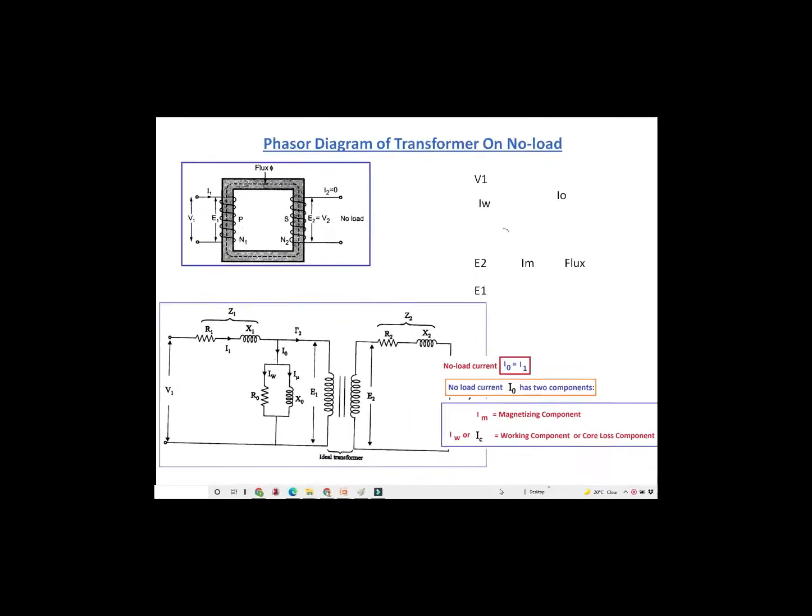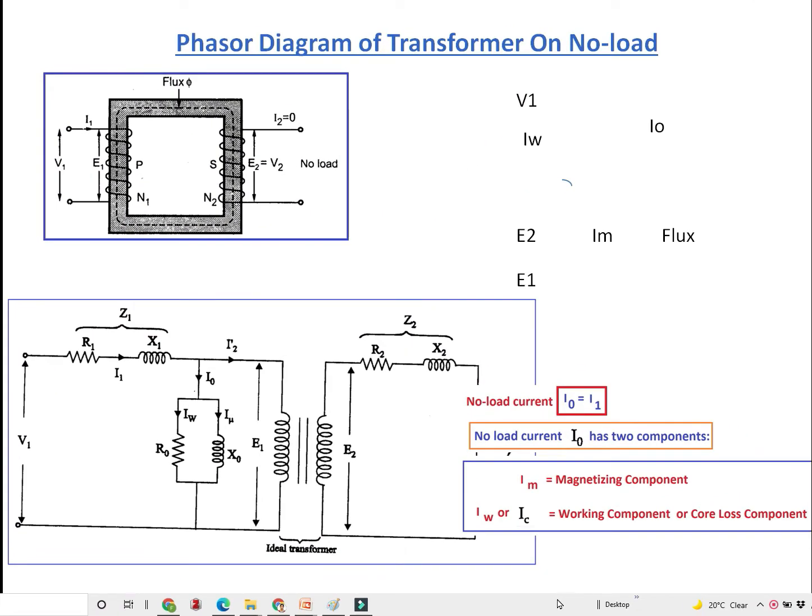Very good morning, students. Today we are going to discuss the phasor diagram of a transformer on no load. For that, we first have to understand the parameters involved in the phasor diagram. Generally, we know that we have two windings in a transformer, correct? One is the primary winding, another one is the secondary winding. Usually the primary winding is connected to the source and the secondary winding is connected to the load, and the supply